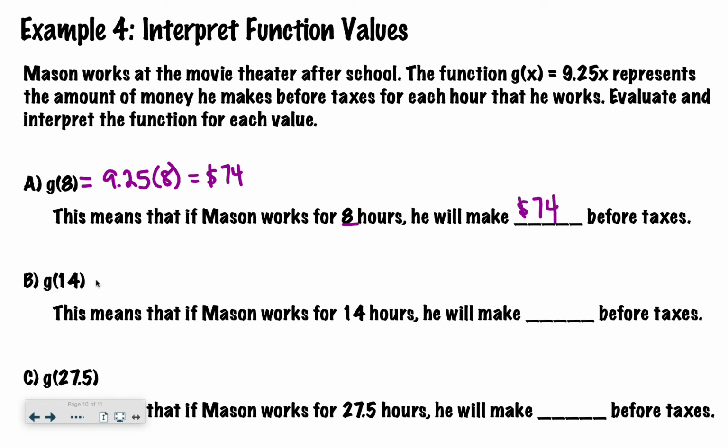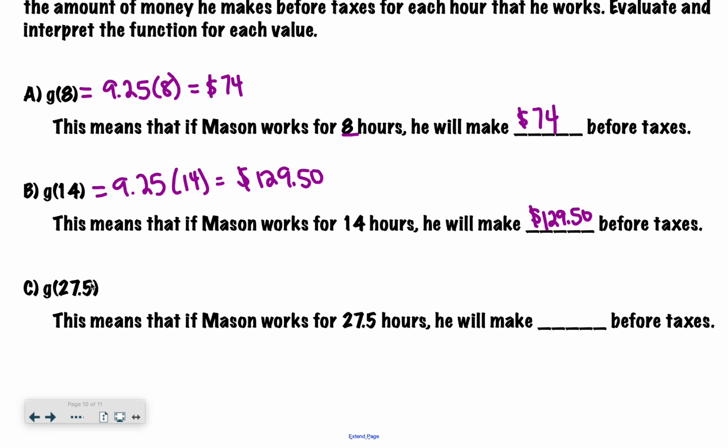Letter B, g of 14. So that means I'm going to do 9.25 times 14, which is 129.50. So it means if Mason works for 14 hours, he makes $129.50. And then our last one, if he works